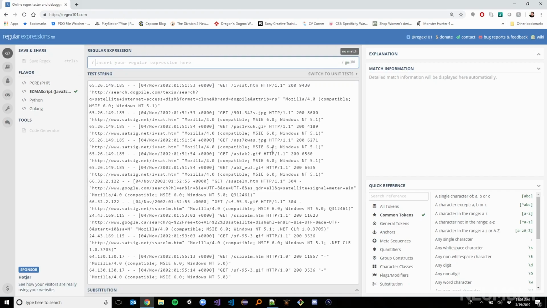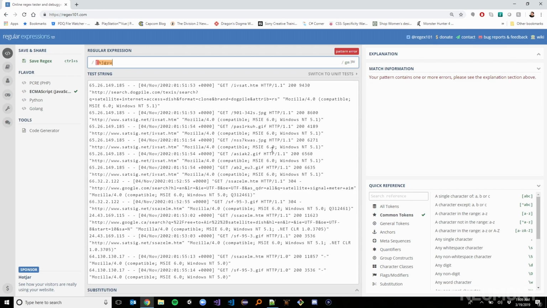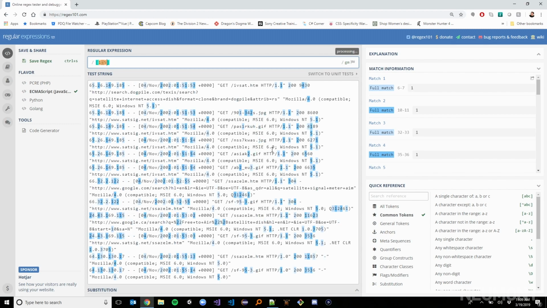Now, previously, we've already talked about capturing literal matches, right? Expressing literal matches, things like all capital GET, and that gets us all the capitalized words get. And we've also talked about how you can use a range box to specify some collection of singular characters you'd like to capture, or even to capture a range of values as single characters. But most of the time, we're not trying to capture single characters. You might do that sometimes, but the vast majority of the time, we want to have much more complex